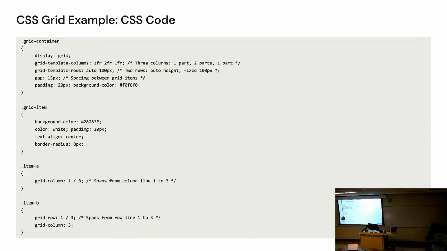Oh, well, this is where we get to more of the grid stuff. Sorry, item A. Let's look at that. Grid column 1/3. Anyone know what span is? Span? Basically, if I say in a child, I want a span of 2, that means, and let's pretend we have this grid,